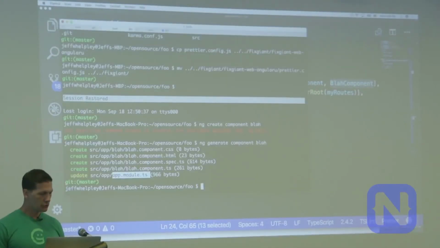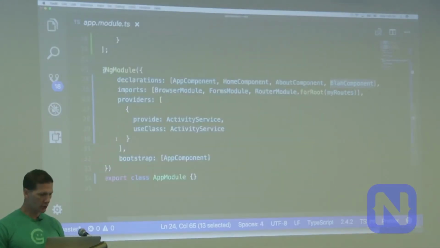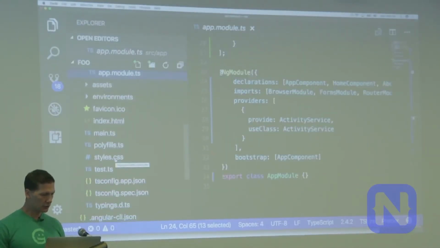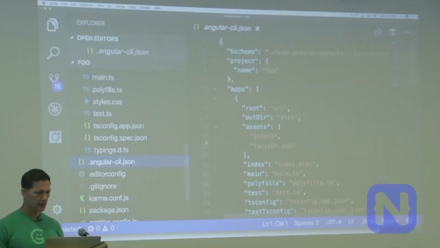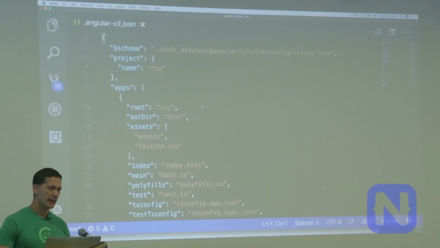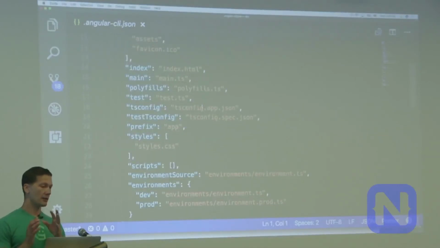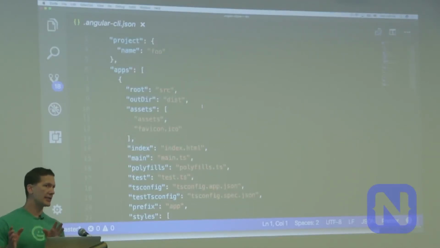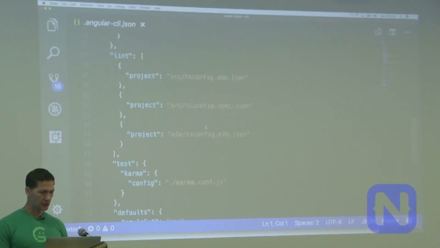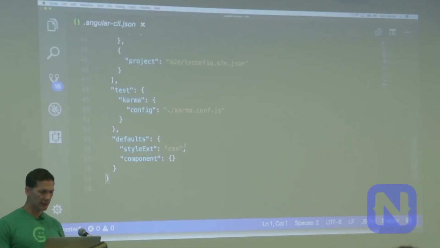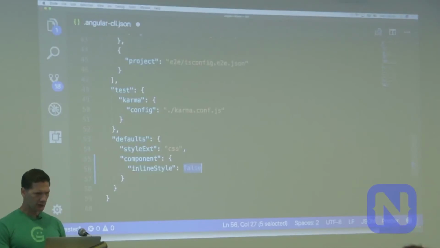But you may have a different style decision. So just one note, I'm not going to get into it too much, but if you go into the Angular CLI JSON, this is what drives the CLI. And the CLI is super powerful. It's really flexible. It started off with a bunch of defaults in terms of how the app is supposed to be scaffolded and what it's supposed to include. But you can basically change almost anything. So if I wanted to use inline styles, I could do that, etc.